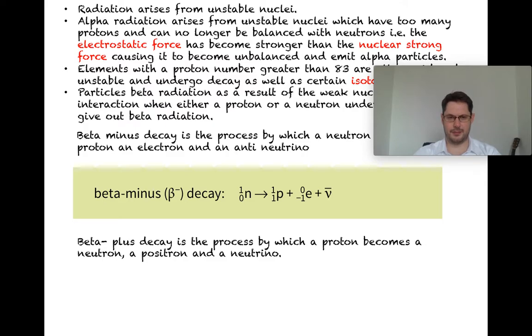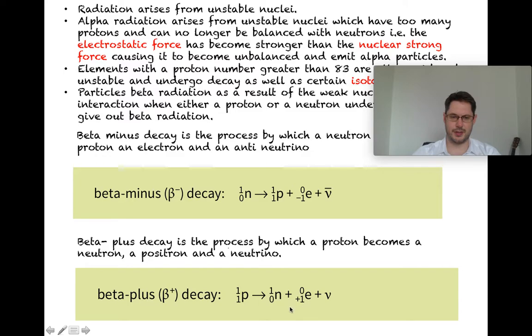Beta positive decay is the process by which a proton becomes a neutron, in which case a positron and a neutrino are emitted. So in this case, a proton is becoming a neutron, giving up its positive charge in order to become that neutron. It's giving up the positive charge by giving out a positron. But we can't just give out a lepton. We need to balance that with another lepton, which is what we call the neutrino in this case, bearing in mind that a positron is an anti-electron. And there we have it. These equations